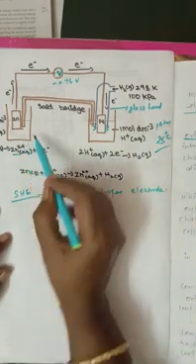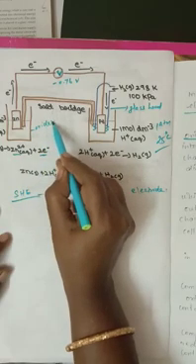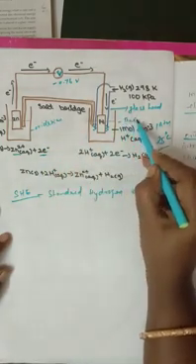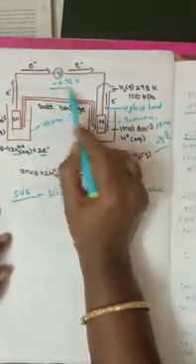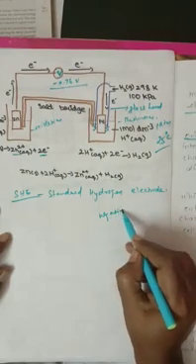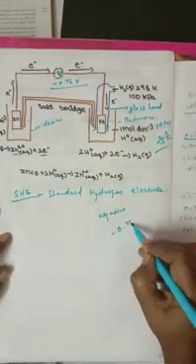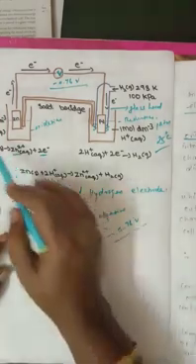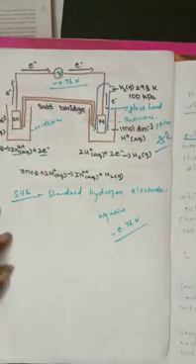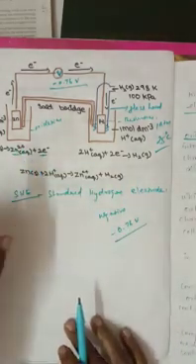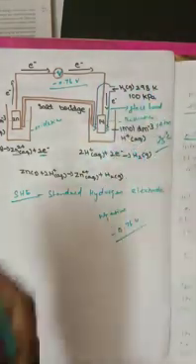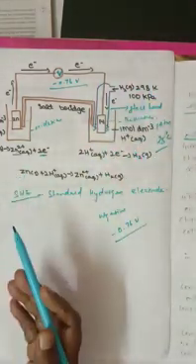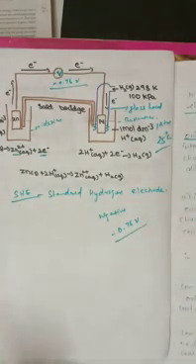So here on the left side oxidation is taking place, and at the same time on the right side reduction is taking place, isn't it? The EMF of zinc gives a negative value, that is minus 0.76 volt. That is the standard EMF of the half cell of zinc. Through that, with the help of the standard hydrogen electrode, we can determine the potential of any transition metal. It may be zinc, it may be copper also. So that's all, students. We will see the next topic in the next video.